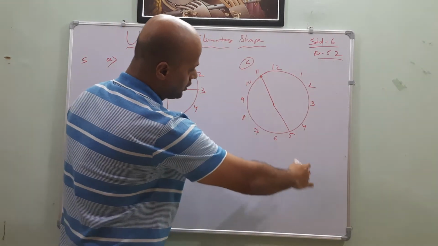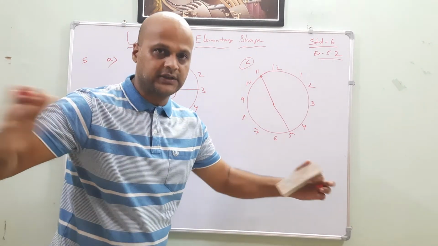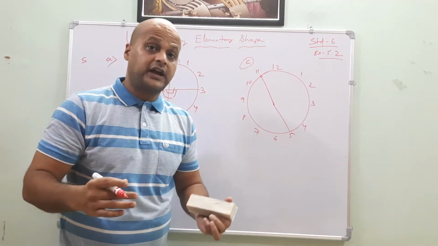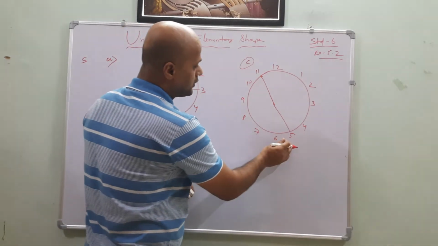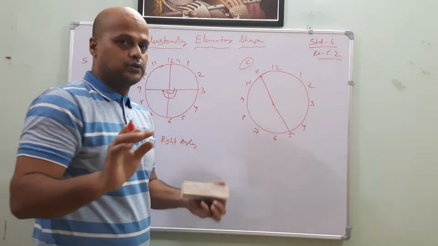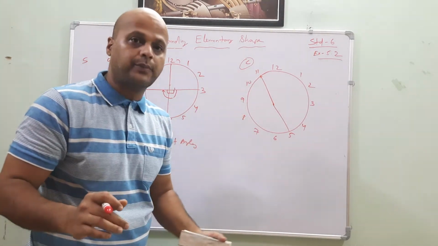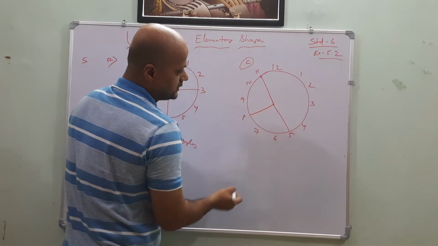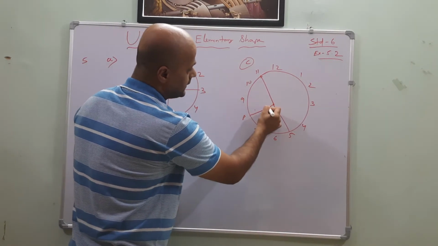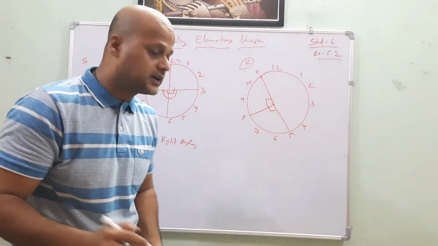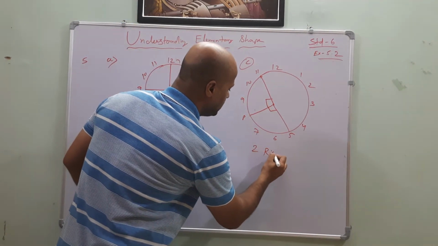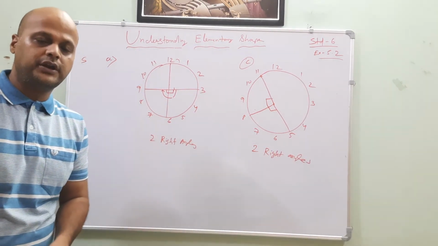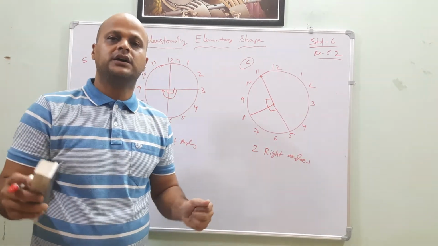Now remember that this clock is divided into two equal parts. But we know that clocks have four equal parts. Don't go for 4. Now it is half of the part. Half of the part means what? Two right angles. How? Because one right angle contains 2 hours. This is the one right angle. Another 2 hours contain another. So how many right angles? You have to write 2 right angles. Understood, my dear friends? So this is the funda you have to remember to get the answer.